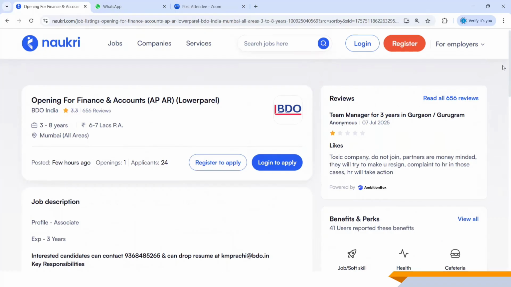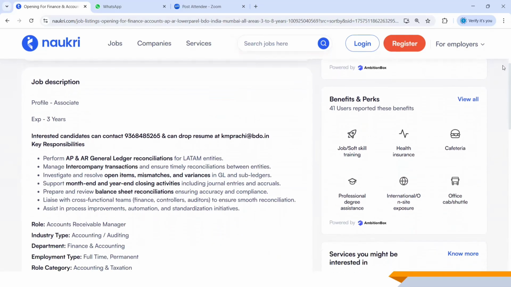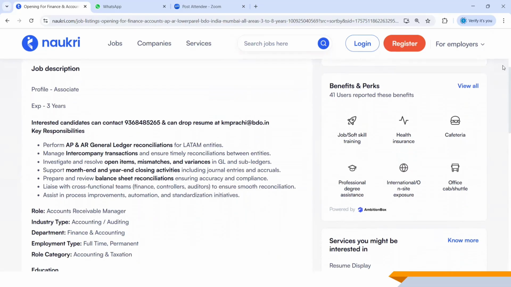Opening is 1 until now. The applicants are 24. 3 to 8 years of experience is required, so 3 years until 8 years. And the package is going to be between 6 to 7 lakh per annum. Mumbai, all areas. Now, if you see the job description, profile, associate, experience minimum 3 years.